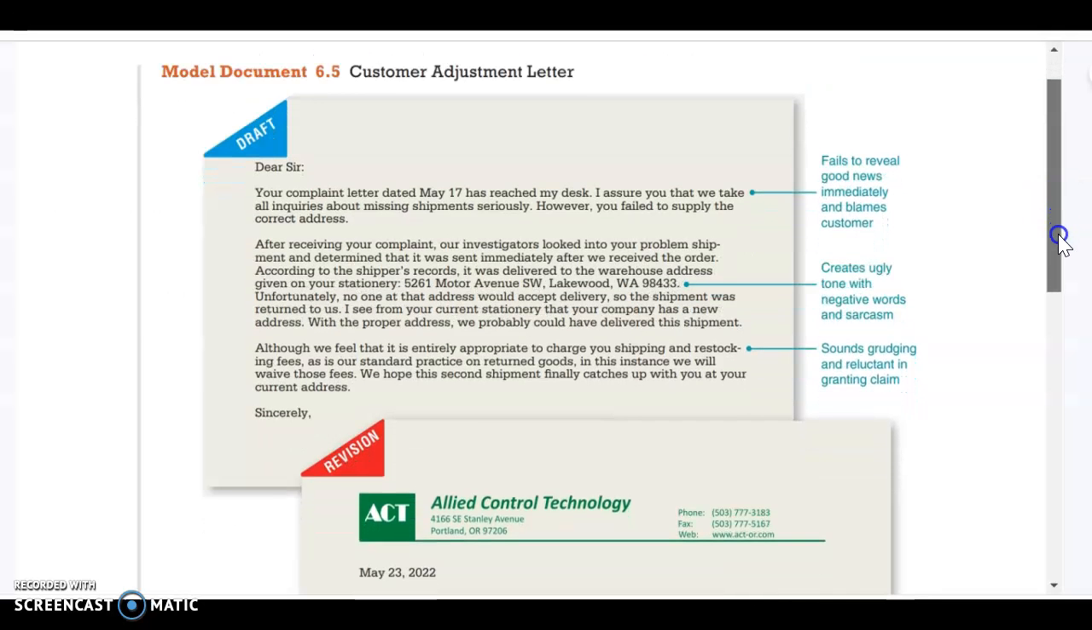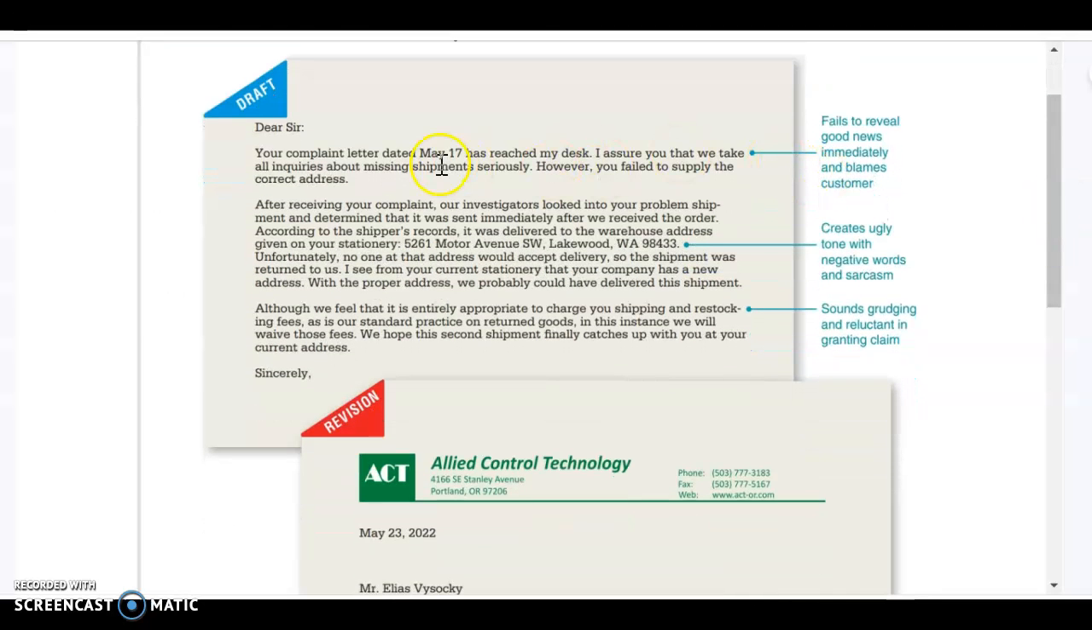Here is the before revision letter, and it says, "Your complaint letter has reached my desk. I assure you we take all inquiries about missing shipments seriously. However, you failed to supply the correct address." There's a mistake here because we did not reveal the good news immediately, and we put the blame on the customer. After receiving your complaint, our investigators looked into your problem shipment and determined it was sent immediately after we